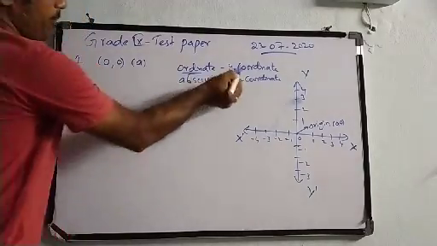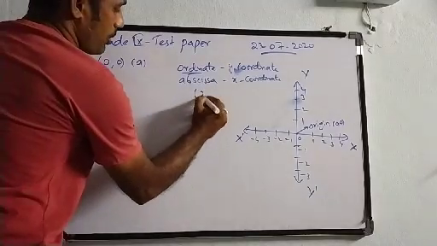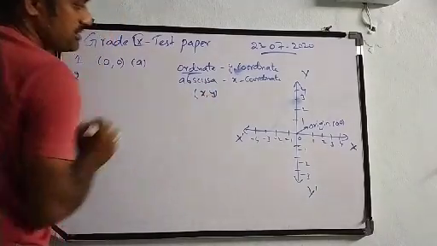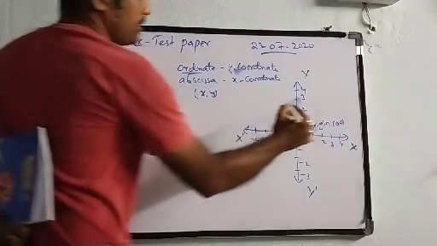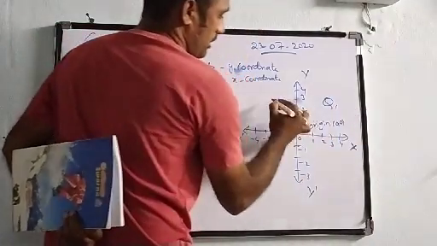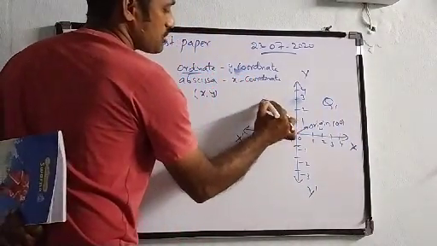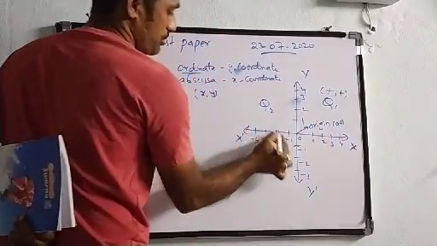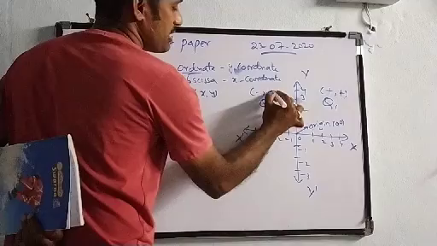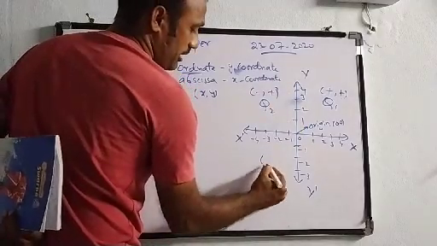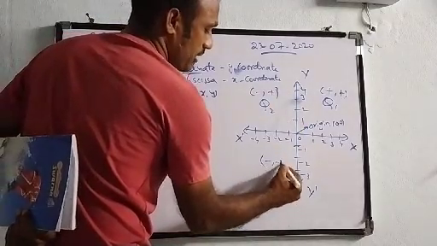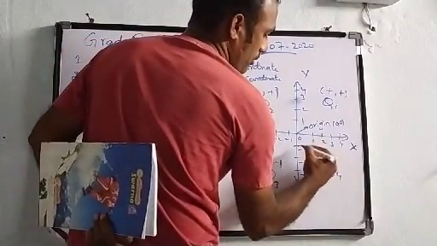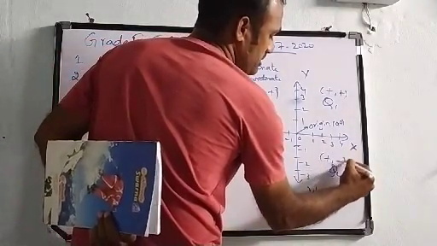So where will be y positive? So if I take the coordinates are x comma y, so we have to assume that at which points y will be positive. So this is quadrant 1 in which x and y both are positive. This is quadrant 2. Here x is negative and y is positive, and here x is negative, y also negative. That is quadrant 3. So in quadrant 4 we have x is positive and y is negative.